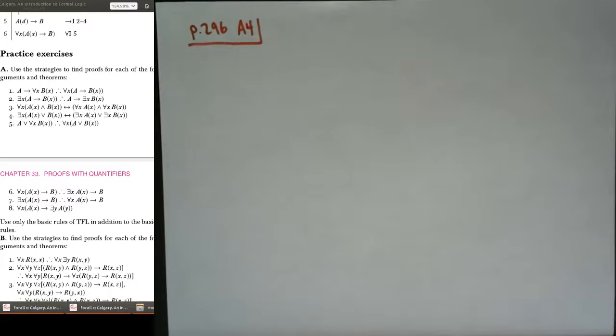Okay, let's look at page 296 A4. It's another one of these prove the argument kind of problems. And notice that this one has no therefore in it. So it must be some kind of validity. It's a tautology in first order logic. So we should be able to prove it without any